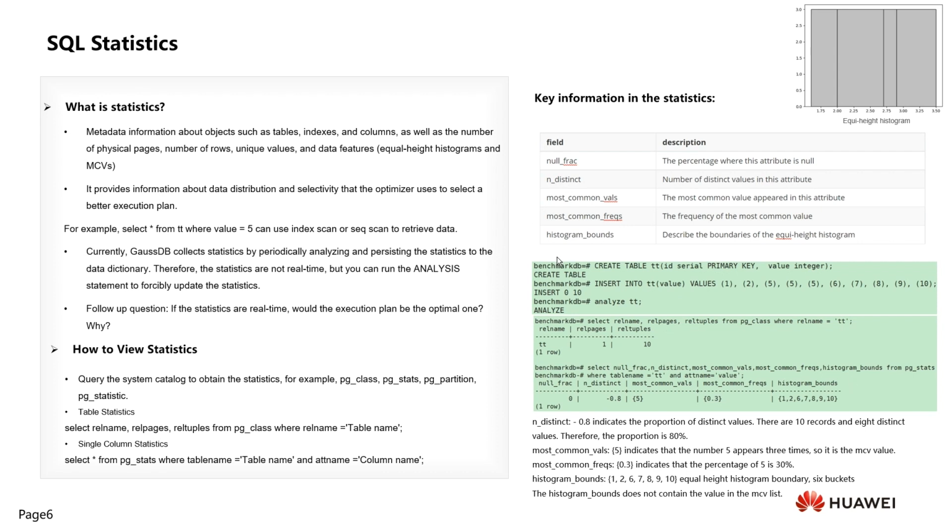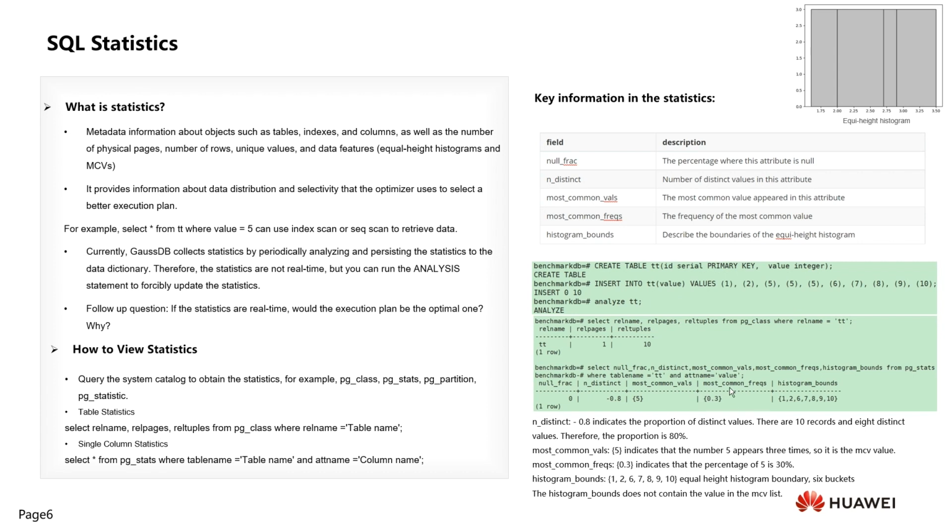We could view all the key statistics information related to this column. And we can see we have a null frac of 0 because there is no null value for this attribute in this table. And we can see the n distinct is 0.8 because we have 8 distinct values. And the most common value is 5 because we have 3 fives inserted into the table,